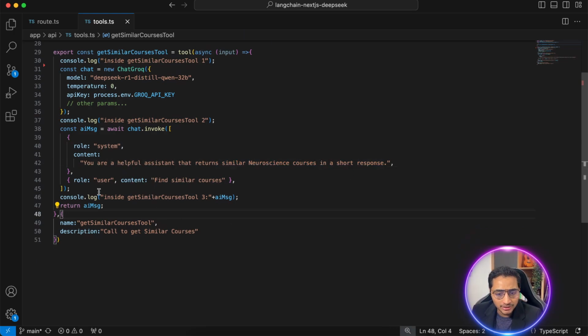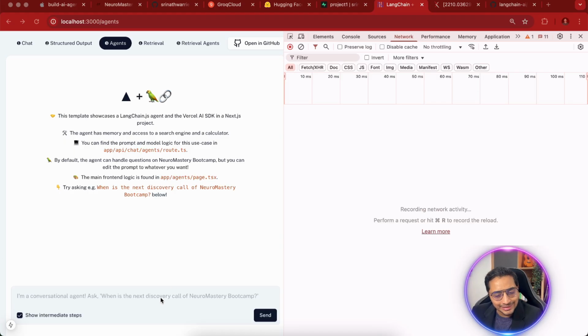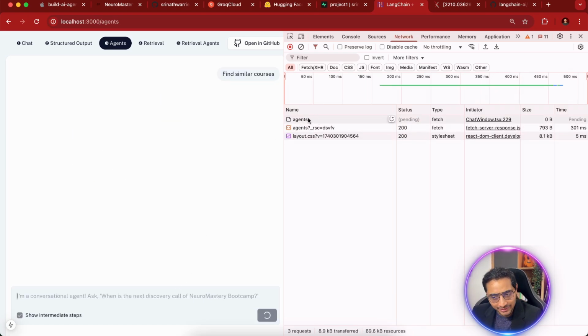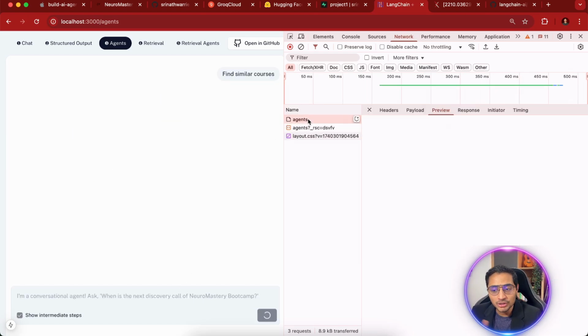And this is the description of this entire tool, which is called get similar courses. So when I ask the chatbot to get me similar courses, it will check if there is a tool which can get me similar courses and make a call to that. So let's try asking a question like "find similar courses", and this would then trigger an agentic call to the